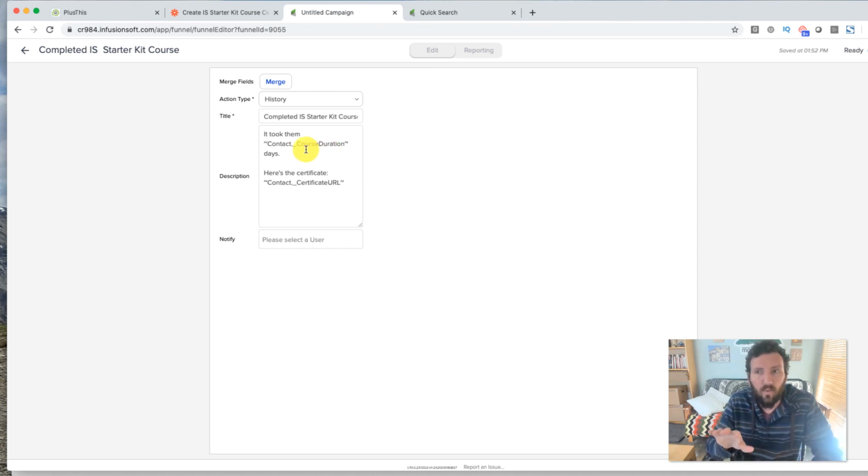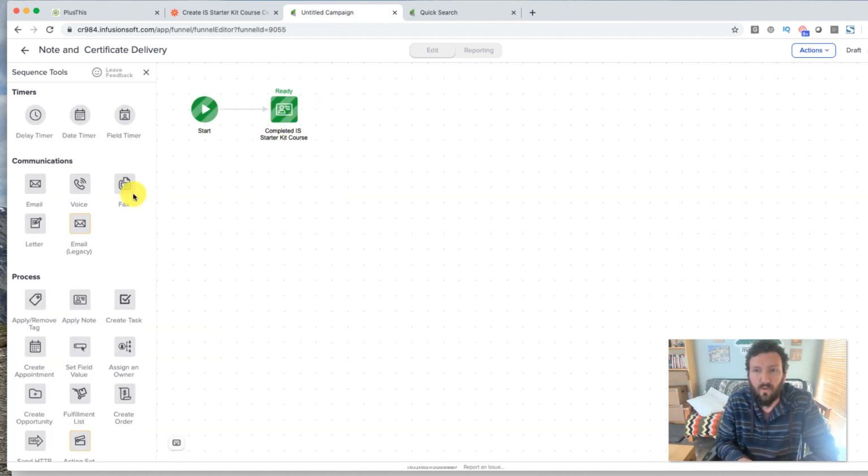If you didn't want to overwrite these fields, then you would just create a unique field for each of your courses or for each of your certificates. But in order to consolidate or be efficient with my custom field usage, I put those into a note just so I have them. And then we would send them an email, delivering